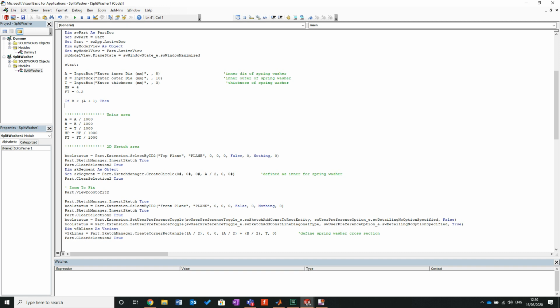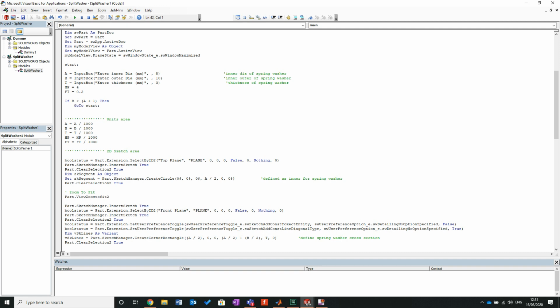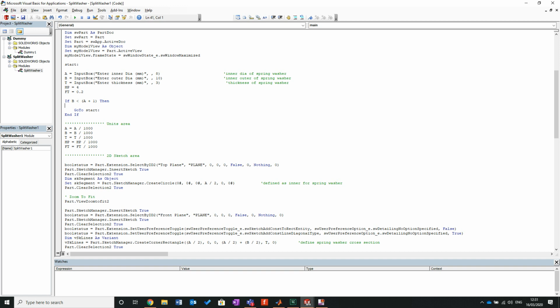So when you go into a statement like this, tab, just once. I'll tab it in, and what it allows you to do is present the flow of that check. So what we're going to do is say go to start. Now, if I delete and then go end if, so if you start a command, you must end the command. Now, if I do that, I've never really told the user what they've done wrong. They don't really know what they've done wrong, and it can lead to frustration quite a bit. So if I say